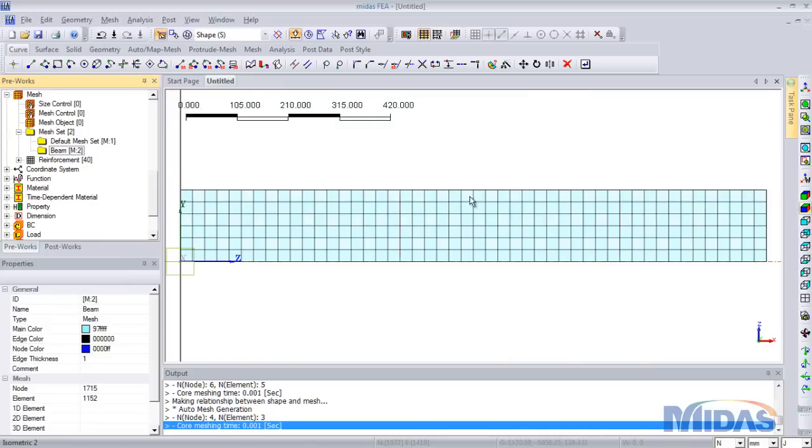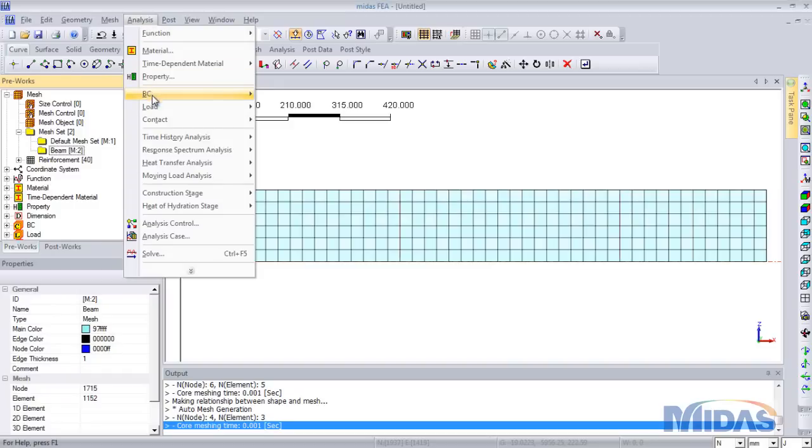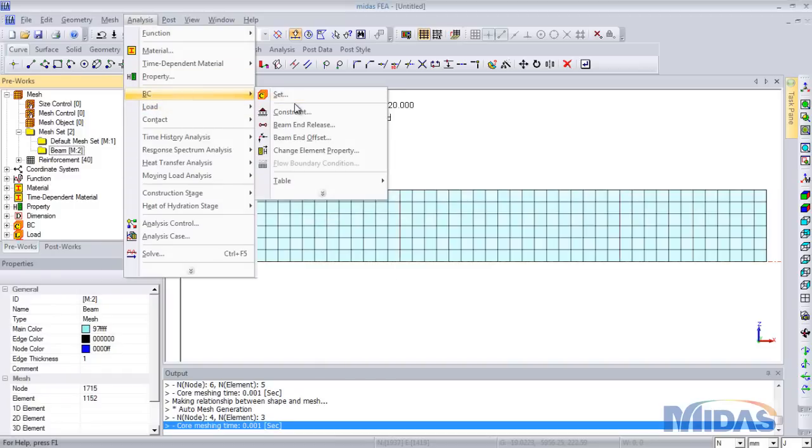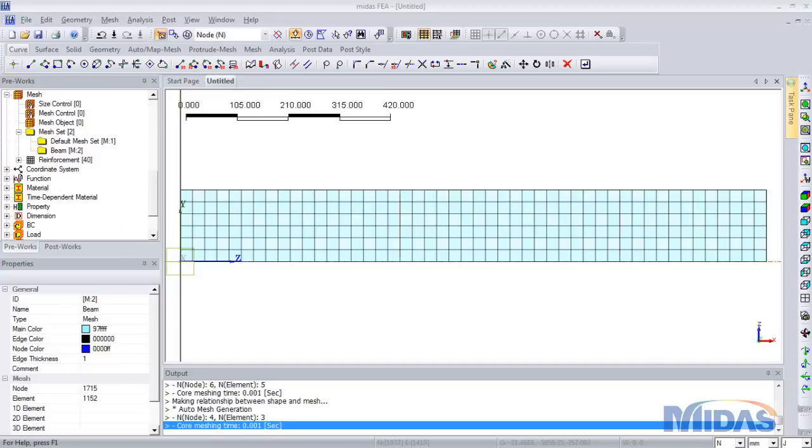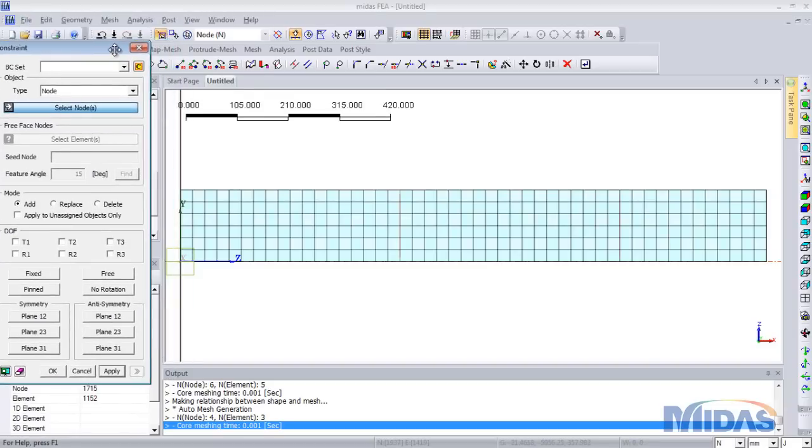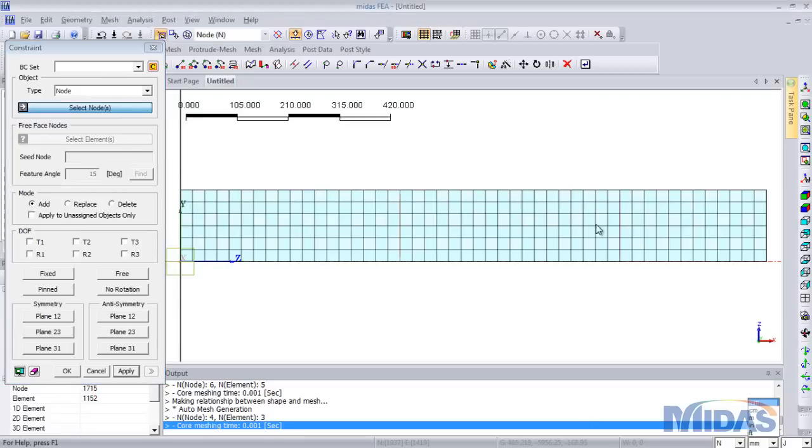So the next step is, let's assign the boundary conditions and the loads. First we will apply the boundary condition, which is at a distance of 12.5 centimeter from both ends. So let's create the boundary set as fixed, which can be created from here as well, but if you enter it here and apply the load, the constraint conditions will be created automatically. So we have to select the nodes at the distance of